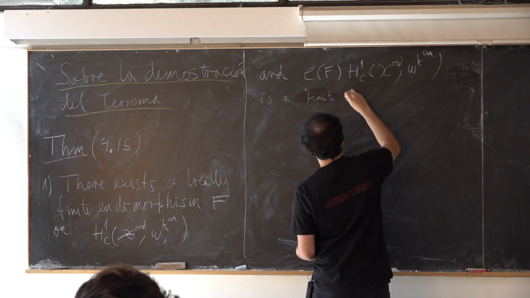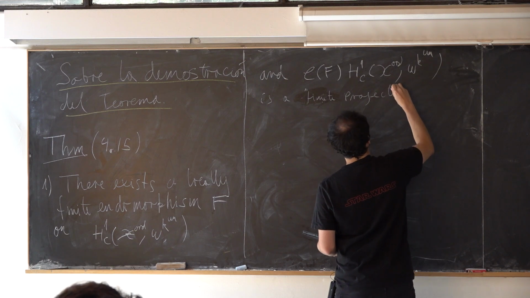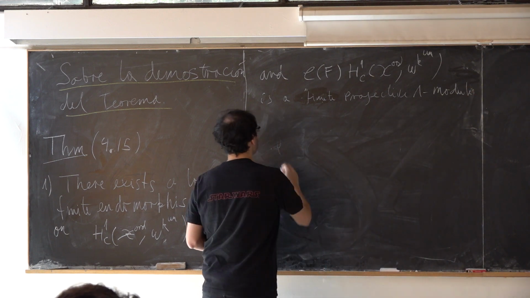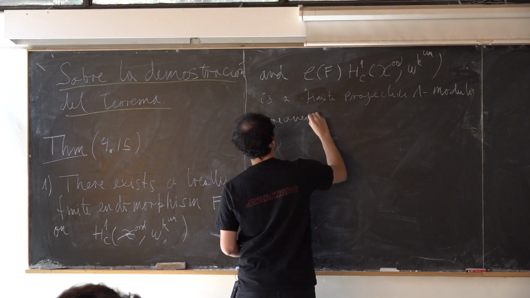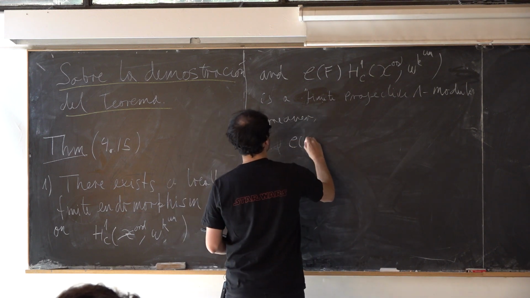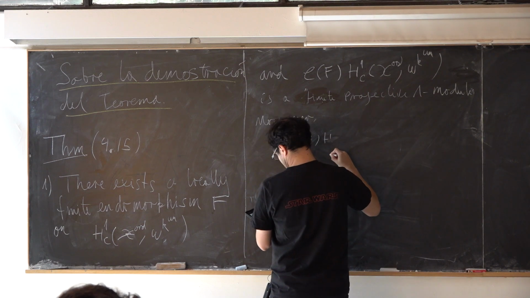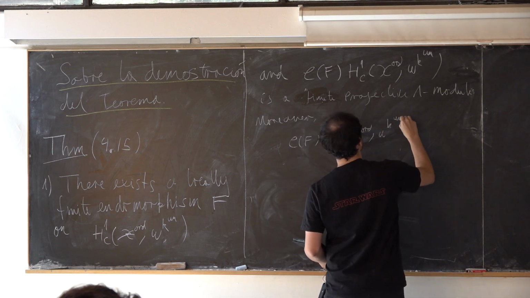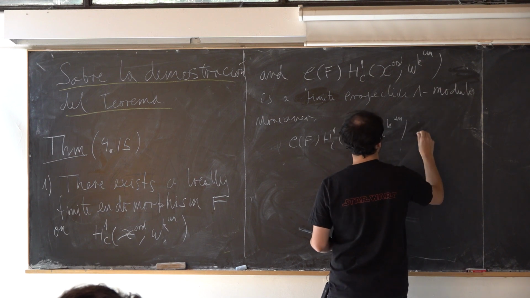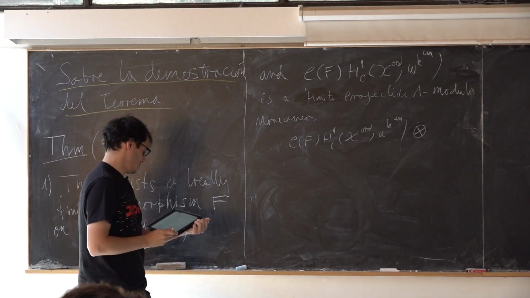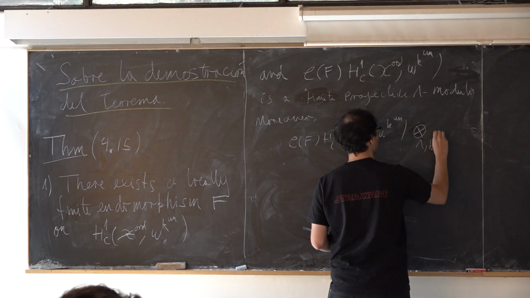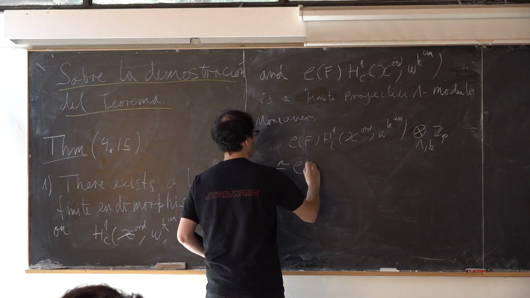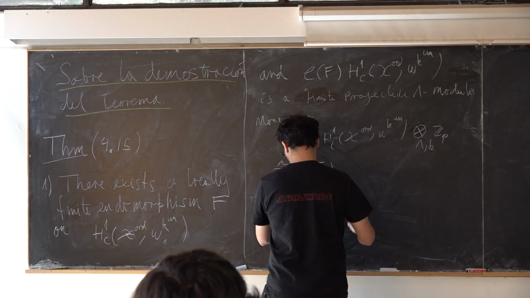Finite projective Lambda module. Moreover, this module, I think it's like this, yes, or K1 is isomorphic, and sorry, if we take the specialization, tensor by the specialization map, I think we denote this like this. This is isomorphic to E PP H1